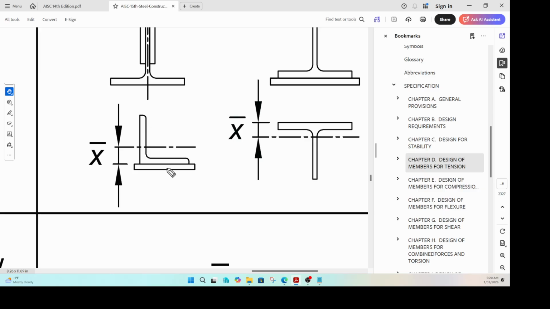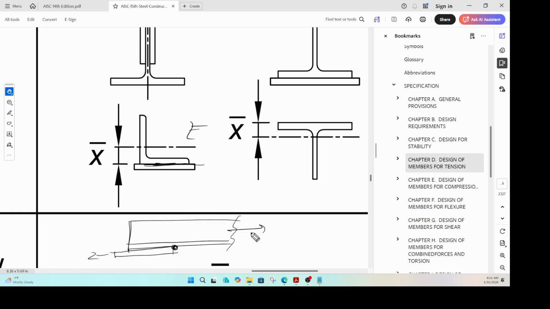If you have an L shape like that, L is connected here, so that is the location to which the shear is being transmitted, correct? If you see it from this view, this is an angle, and it is connected maybe to a plate like this, correct? Only one element of this angle is connected, and the angle is subjected to axial load like that, right? In that case, you need to find out what your x bar is,